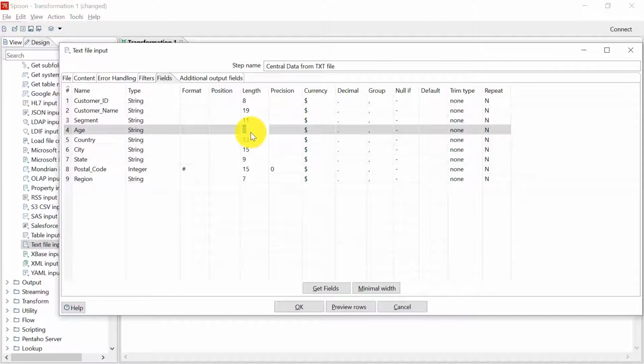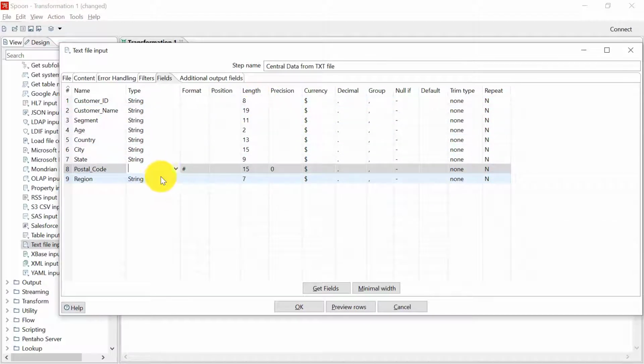But there can be issues in this column, and there is some issue, which is why it is showing as a string. Similarly, the postal code is set as integer, but we want it to be a string. So we'll make these changes and rectify all of it.